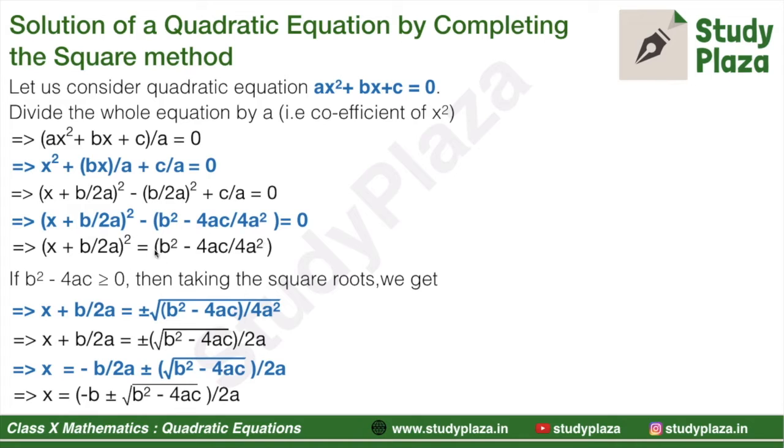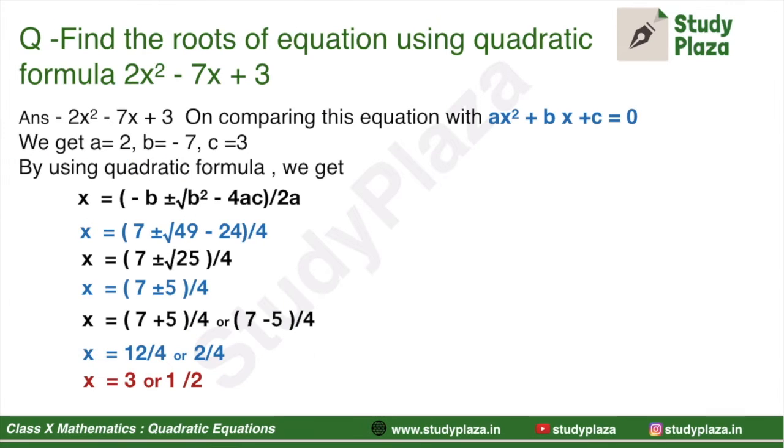So we shift this part to the right side and we take the under root. So we get the equation x plus b by 2a is equal to plus minus under root b square minus 4ac upon 2a. Now we shift this part to the right side to get the value of x, that is x is equal to minus b by 2a plus minus under root b square minus 4ac upon 2a. So here we'll get the two values of x which represent the solution of the quadratic equation. Hope you have understood this method nicely and clearly.